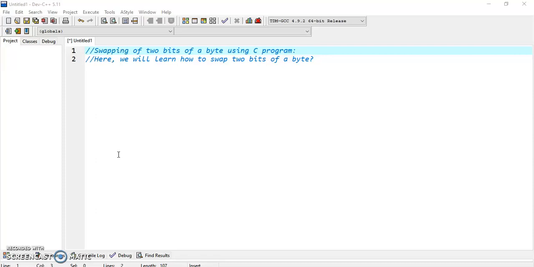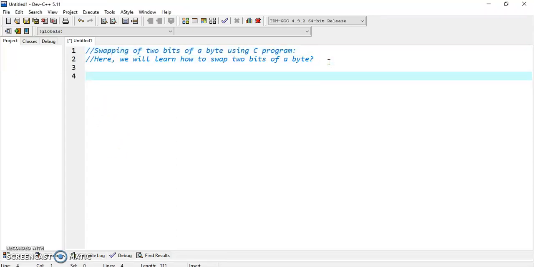So these kind of numbers we take as an input to swap. So binary of an input number, here we take an example for binary number 0000 1010.